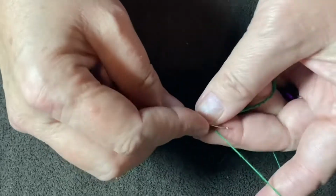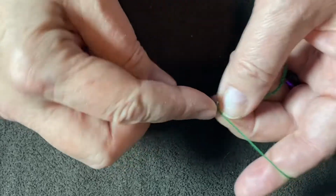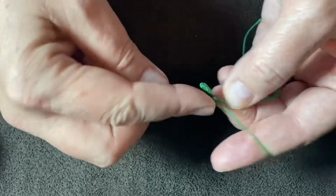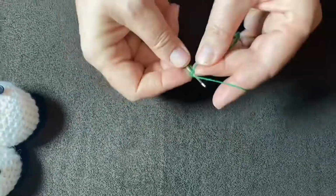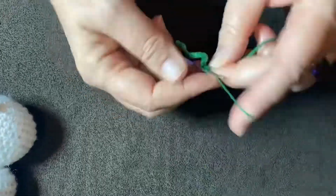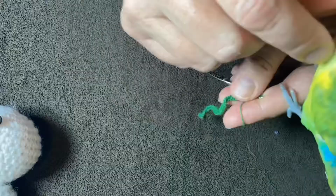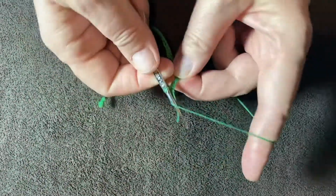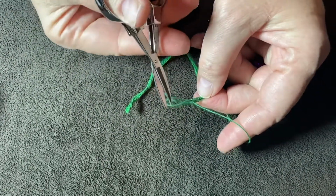If you want to make it thicker or add another color, you are welcome to do that. I've done both, but for the sake of this demo, we're just going to do a return row. Let's speed it up. All right, we get to the end, just slip stitch that off, snip it, and then you got a couple